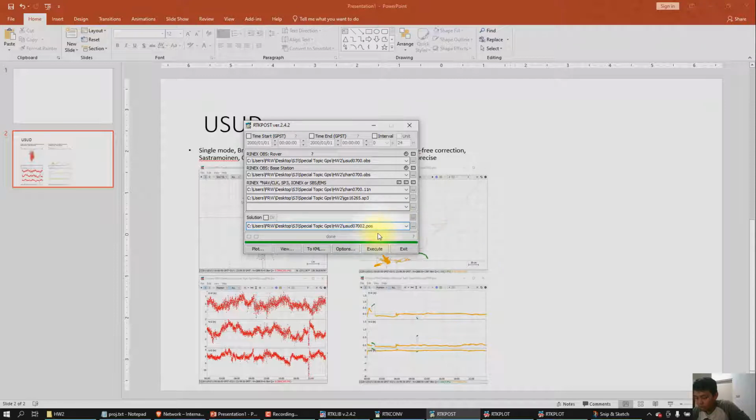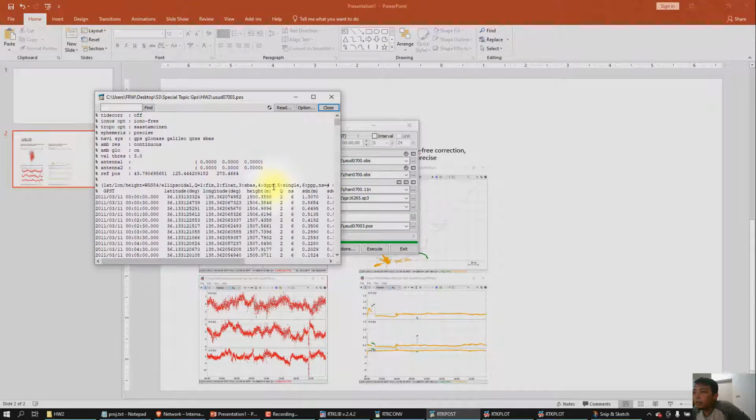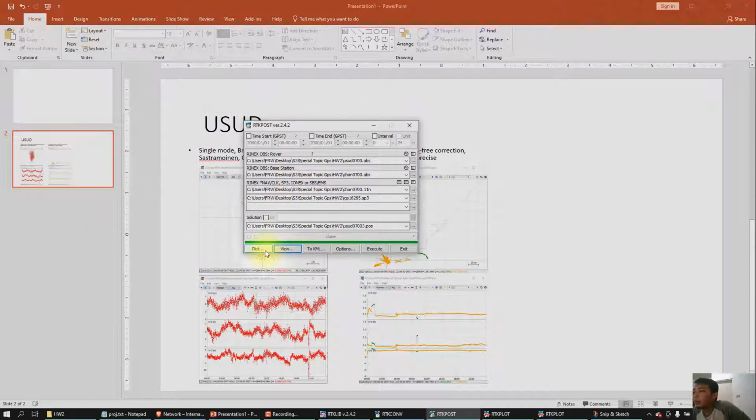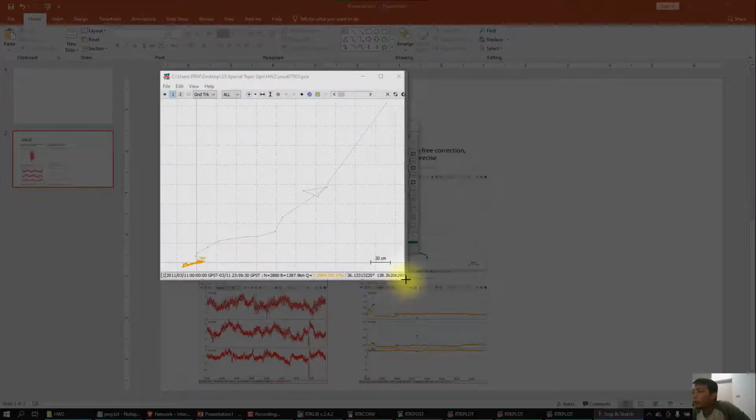And we change the file name to another name and click execute, and we could see the view. The Q is number 2. It means the data is float, and we could do the plot. Then we can capture the data into our report.